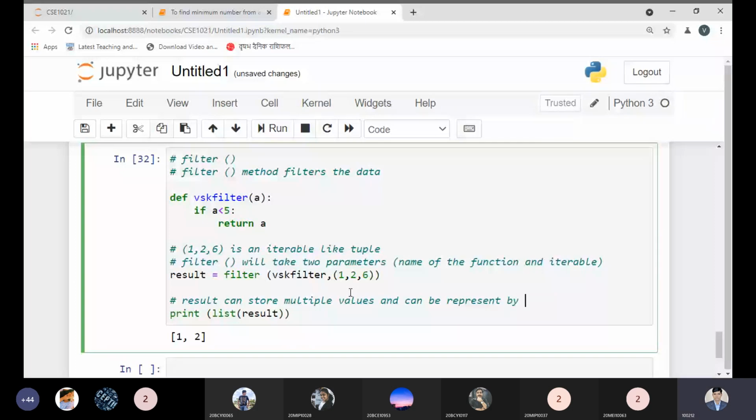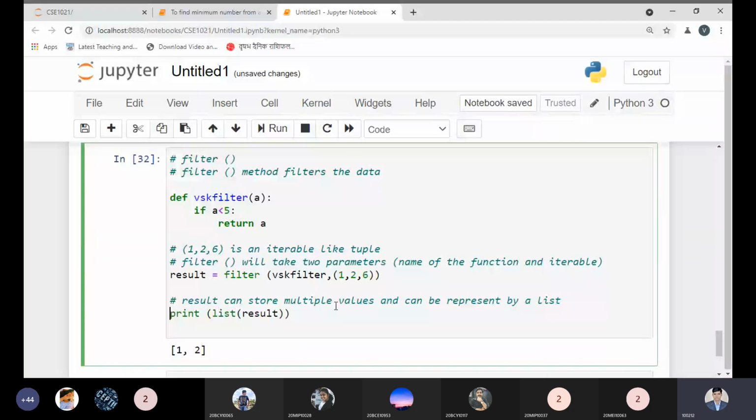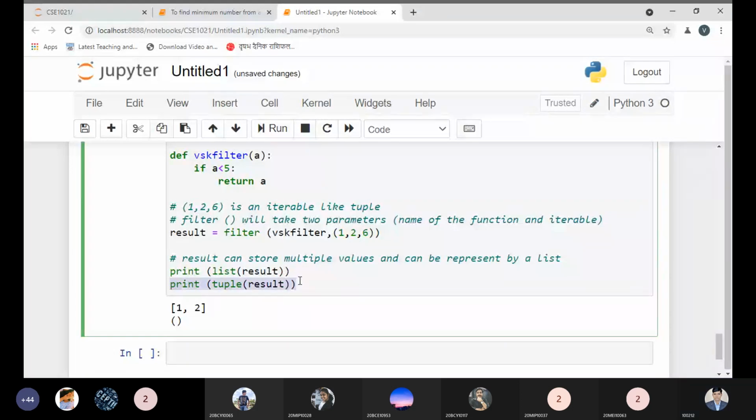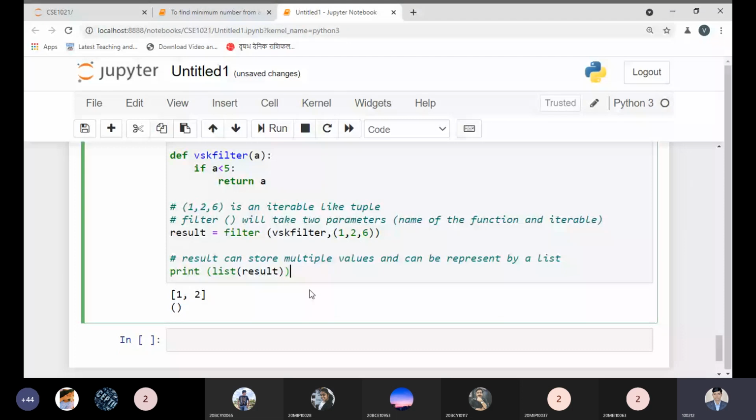We are not using the list here. Suppose I choose a tuple instead; let me check whether it will work. If I run this part, of course it will not work, because this result will not contain a tuple, but only a list. So a list is a better example.